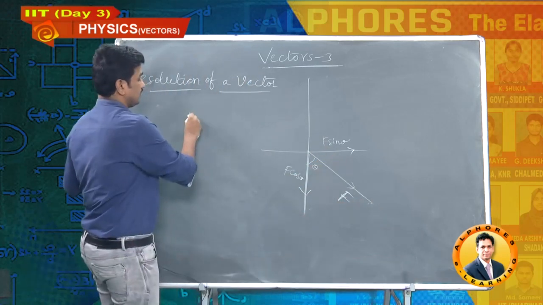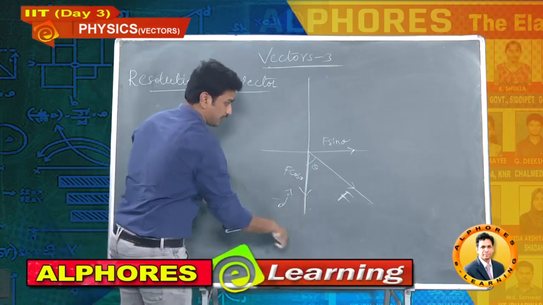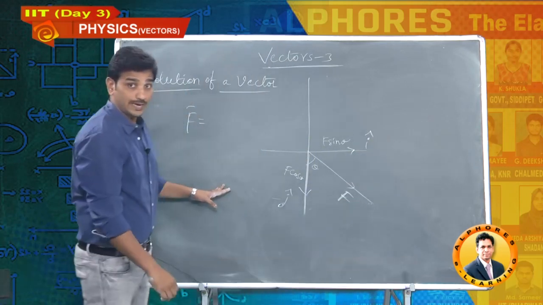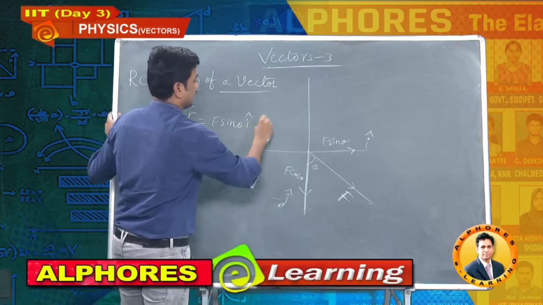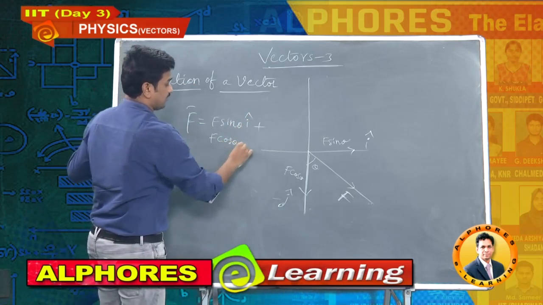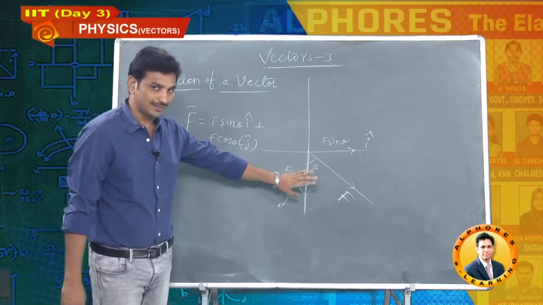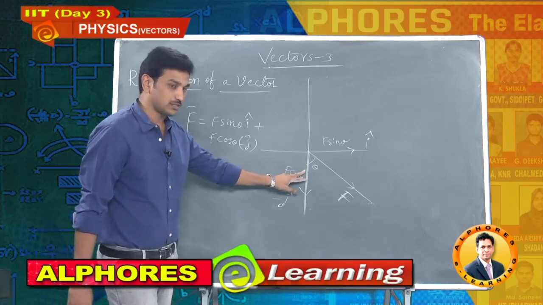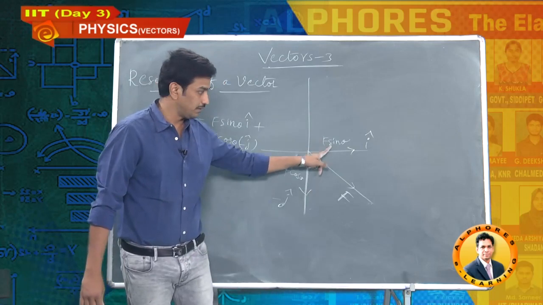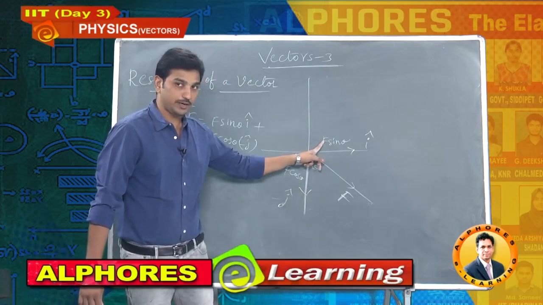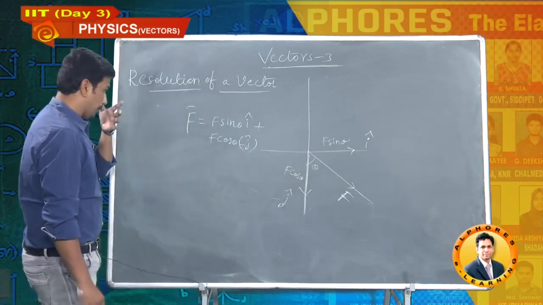Now the vector F bar is equal to this direction minus j cap, negative y direction. This is positive x direction. Now F sin theta I cap, F cos theta minus j cap. Simple, it is not that much difficult. Only thing is theta touching side cos, theta not touching side, that is sin. Vector is always between the components. It's a component, it is a component. Vector is always between the components. You should remember that point. Now one more.